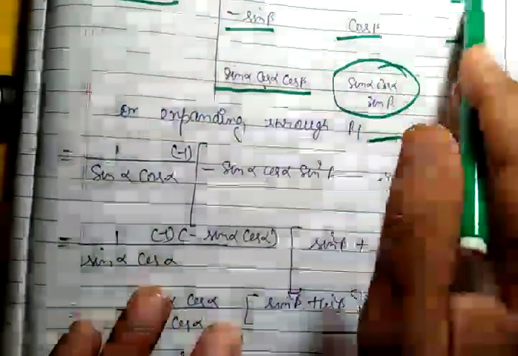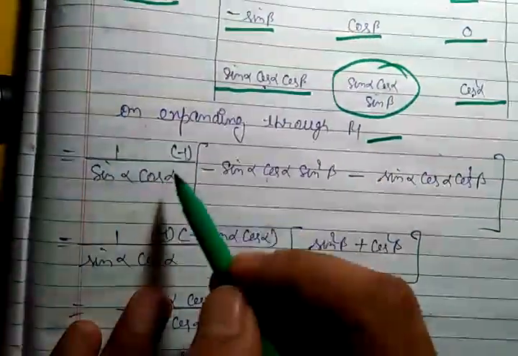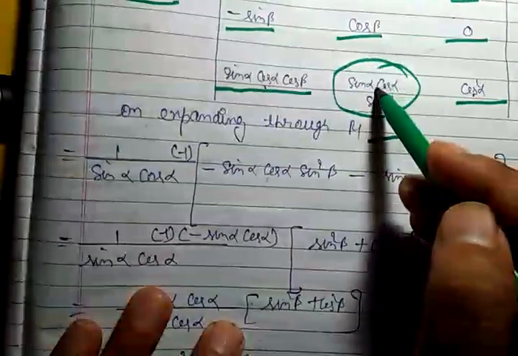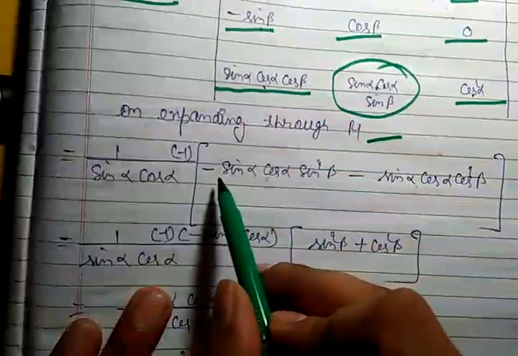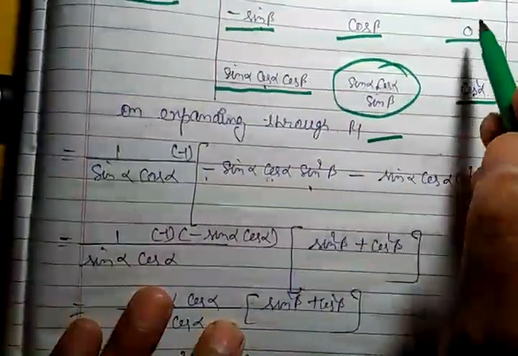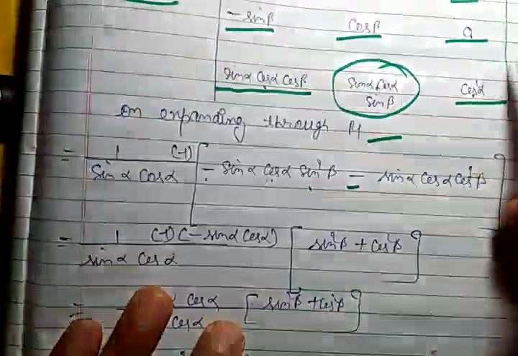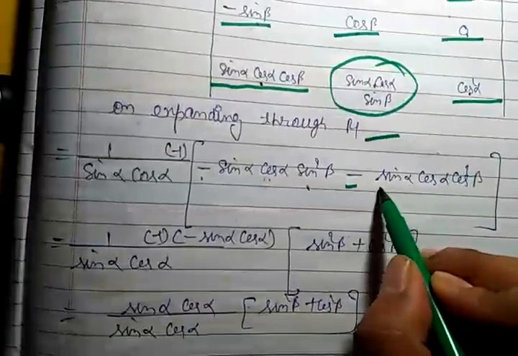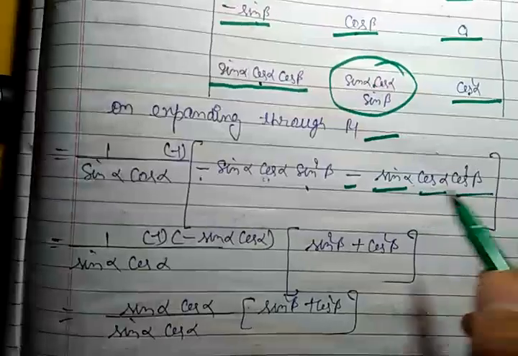After doing so we will get plus, minus, plus, so with the plus sign we will open it. Then it will be 1 upon sin alpha cos alpha and minus 1, and we will delete the row and column. What will we get? We get the multiplication of this by this, so you will get minus sin alpha cos alpha and sin square beta, and minus sign and multiply of this one by this one, then you will get sin alpha and cos square beta.